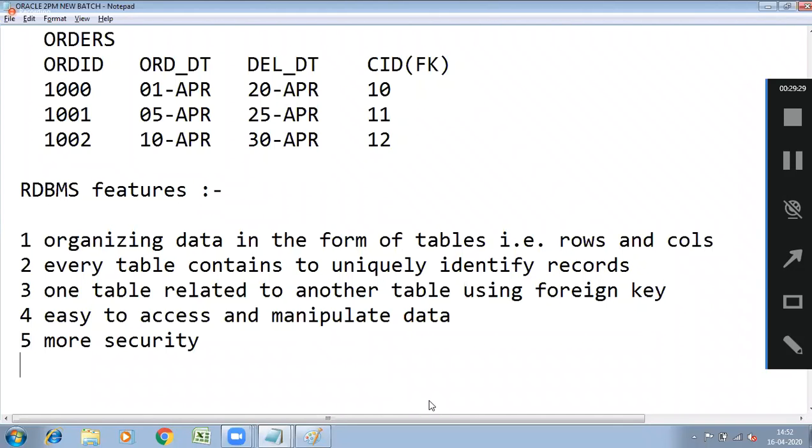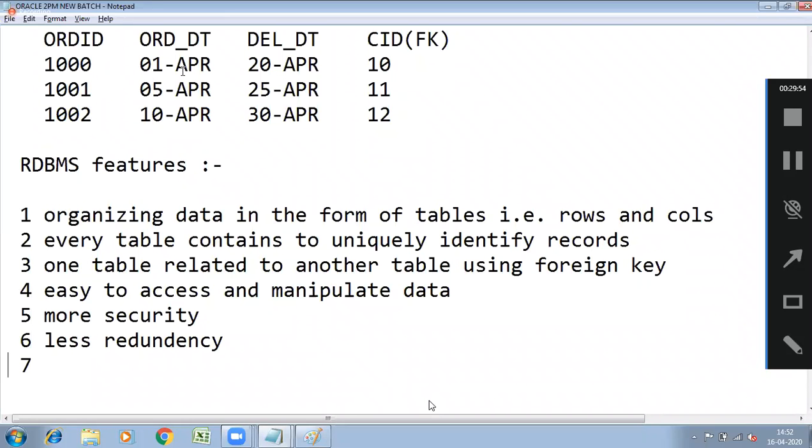RDBMS offers security at different levels. So more security and less redundancy.